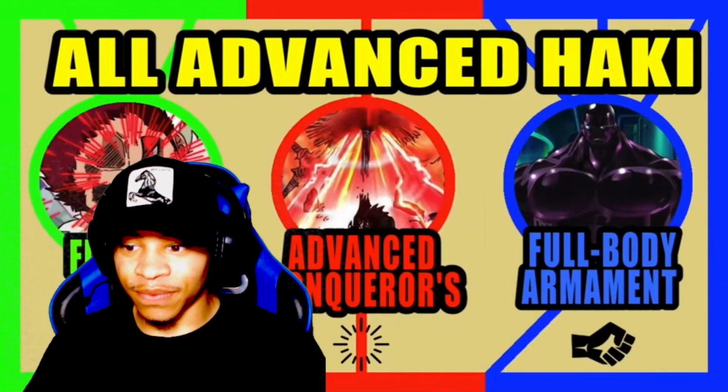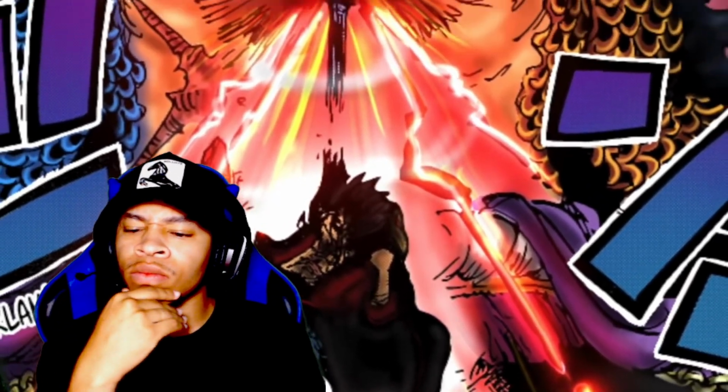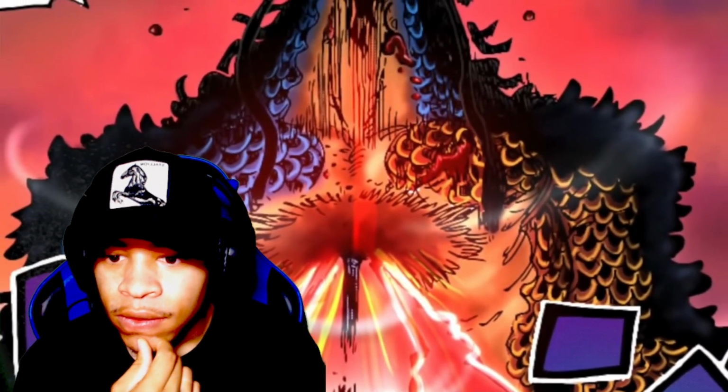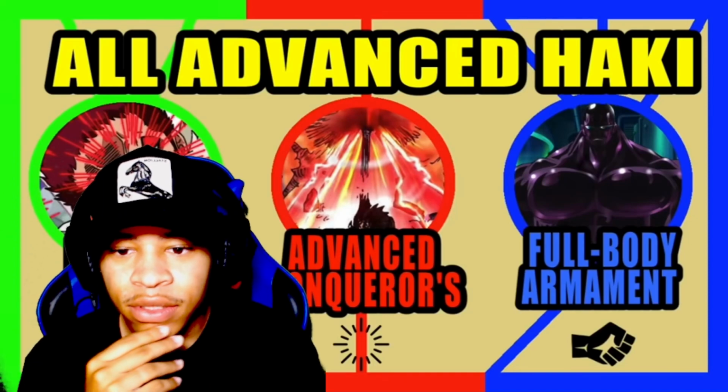So in one of the most recent chapters of One Piece, Luffy and Zoro displayed a new form of advanced Haki that we hadn't seen before. And with it, the long list of advanced forms of Haki keeps extending. However, since there are so many different ways in which Haki can be applied, it can easily get confusing, so